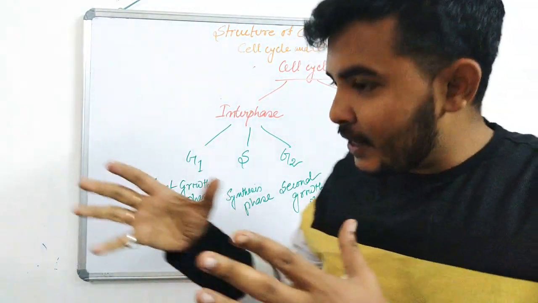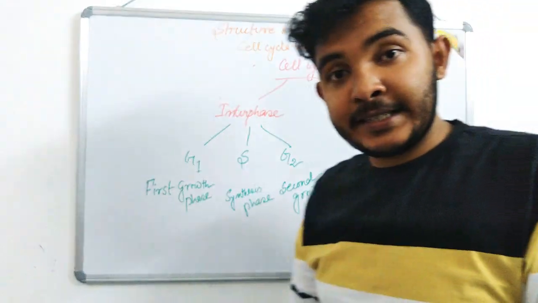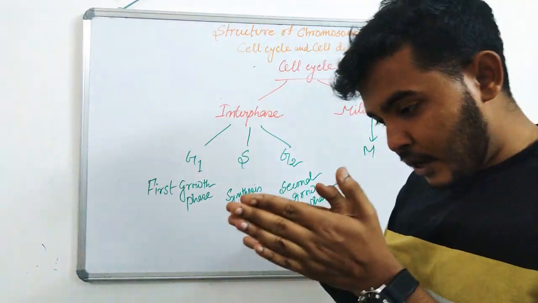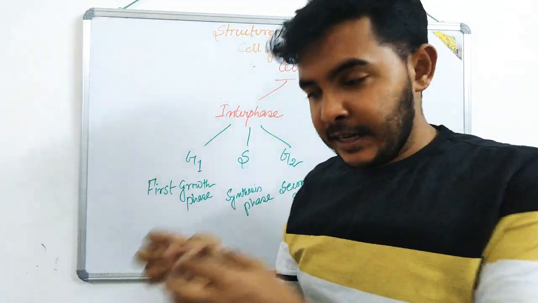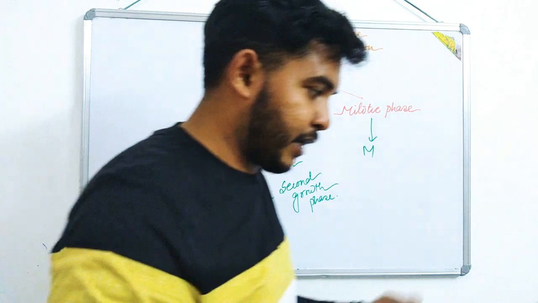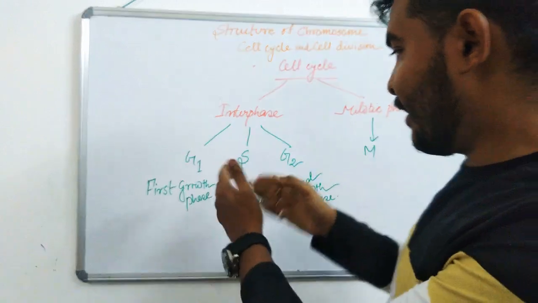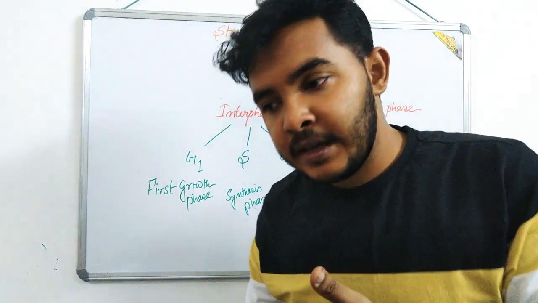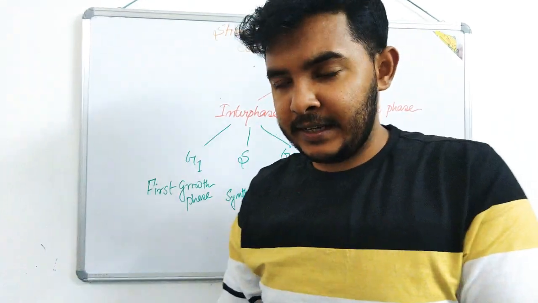So the cell becomes quite bulgy, quite big. Then comes the S or synthesis phase. In this synthesis phase, the synthesis of DNA happens. Your genetic material, you have just learned before what DNA is. It is the genetic signature in our body that we get from our parents, and we tend to send it to our next generation. So the DNA gets synthesized. G2 comes after the synthesis phase, carrying forward the growth, more growth inside the cell.